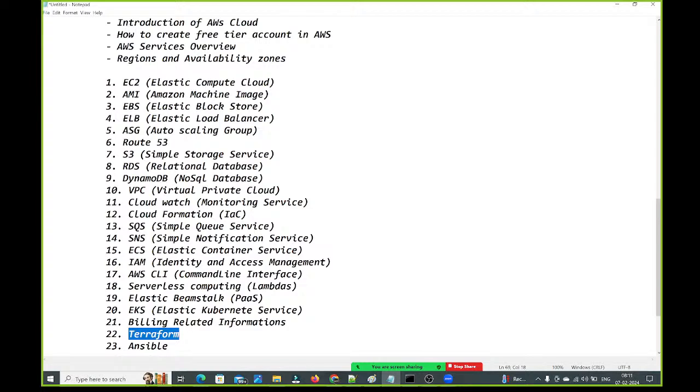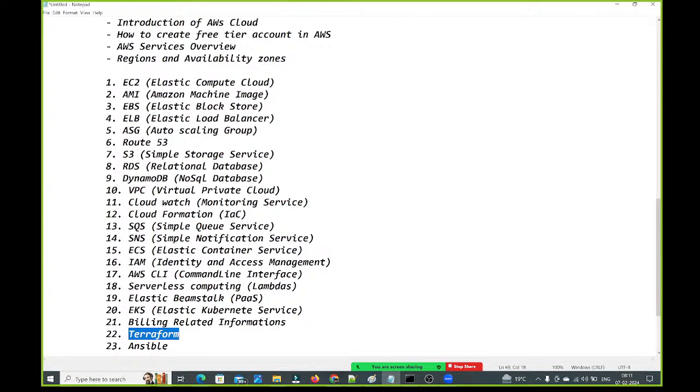Everything we are going to understand. And we are going to do end-to-end projects also by using Terraform. You can keep those projects in your resume and you can explain those projects in interviews also. End-to-end, from creating the VPC to deploying a Python application in the EC2 instance, we are going to discuss by using Terraform, guys.